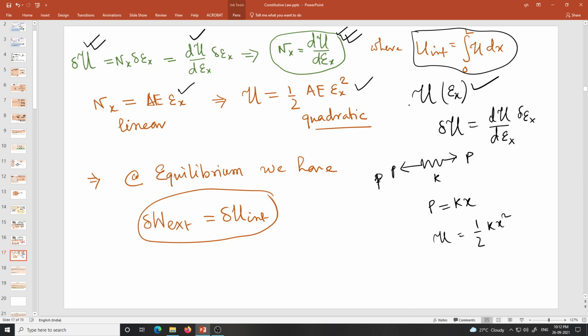So what is the learning today? We have learned that at the equilibrium configuration, near about that, delta W ext is balanced by delta W int. That means the change in internal energy is balanced by the change in the work done by the external forces. This is nothing but the statement of thermodynamics, the first law of thermodynamics, which we shall formally